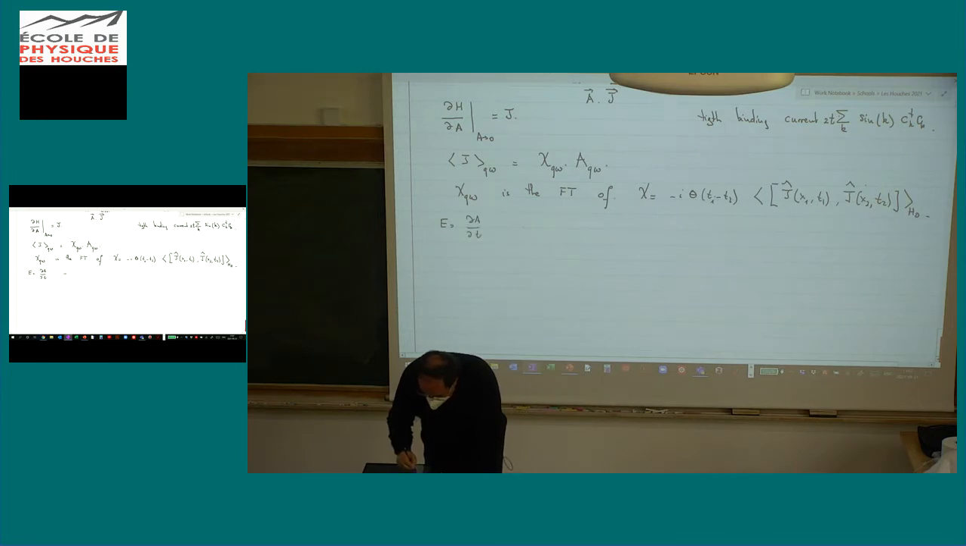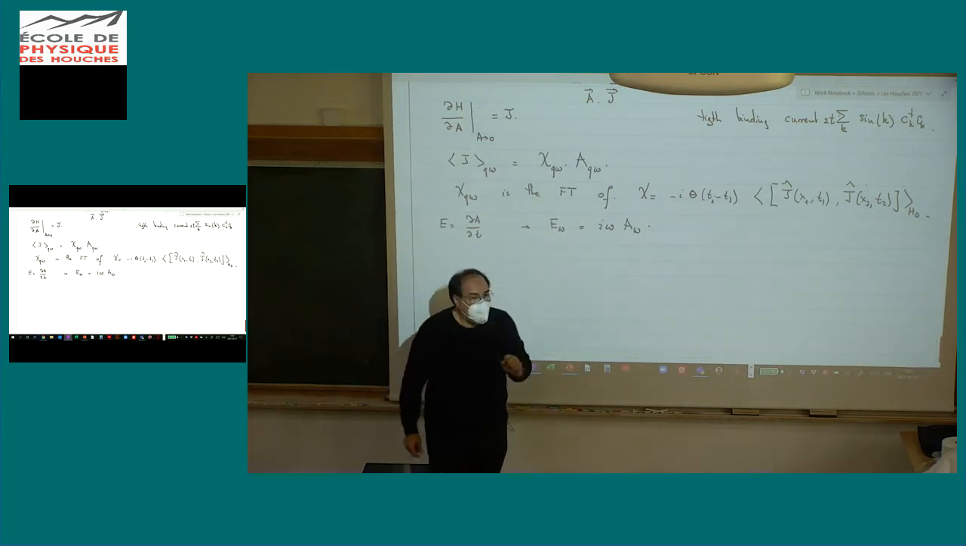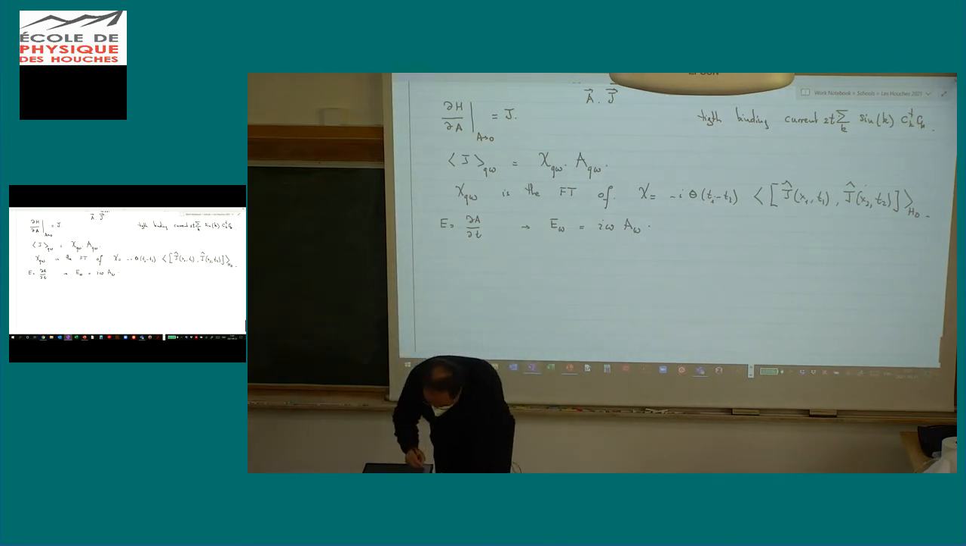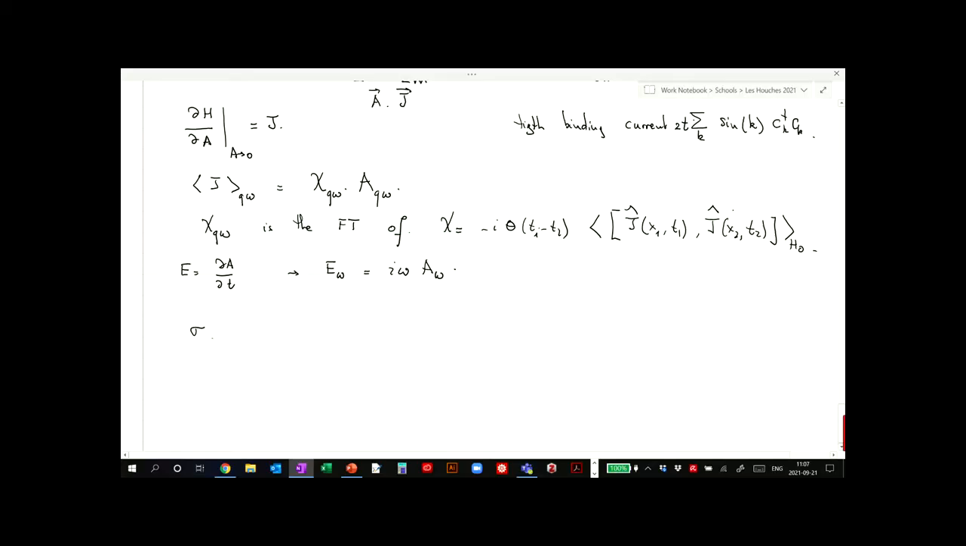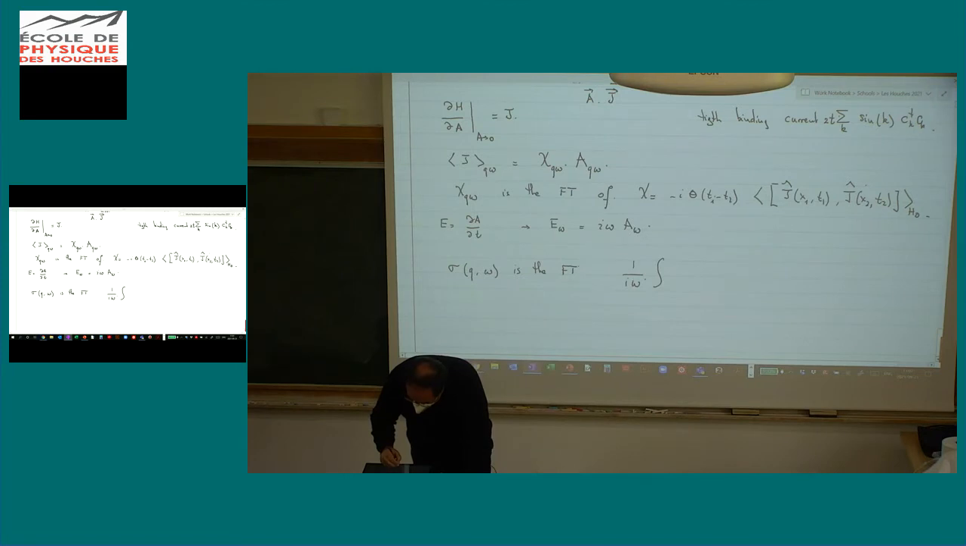And if I go in Fourier, this means that E of omega is nothing but i omega times A of omega. And so with that, you see that if I replace A by E, I have to divide by i omega. And so the conductivity, sigma of, let's say, q and omega, is the Fourier transform multiplied by 1 over i omega. So let me write it just with the Fourier transform in time. So this is minus i here,